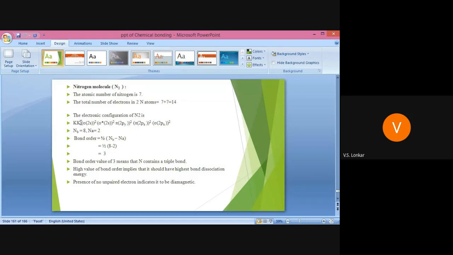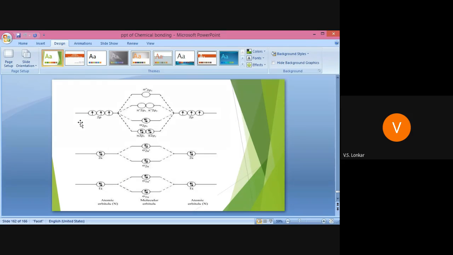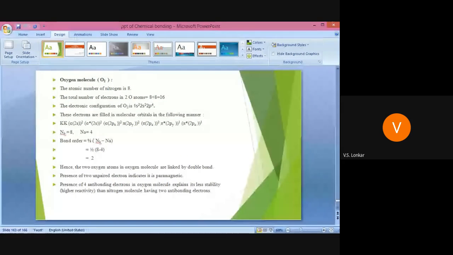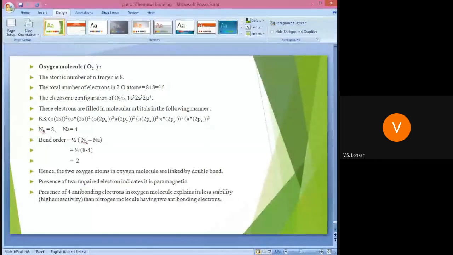Therefore just remember. After that we have to mention the properties of that molecule, whether it is diamagnetic or paramagnetic, whether it has the highest bond dissociation energy, and what its stability and reactivity are. This is the molecular orbital energy diagram for N2. See the next example. I will explain these two examples; just check whether you have solved them correctly, and what steps were wrong.